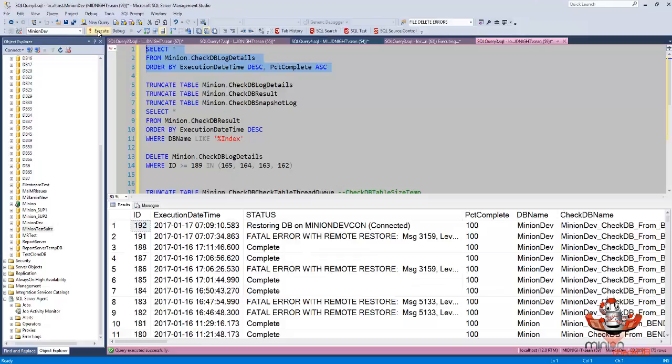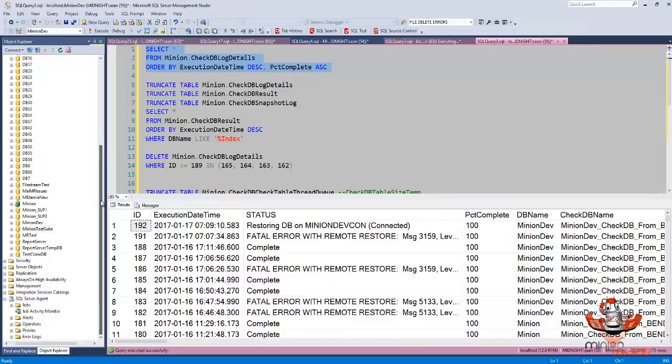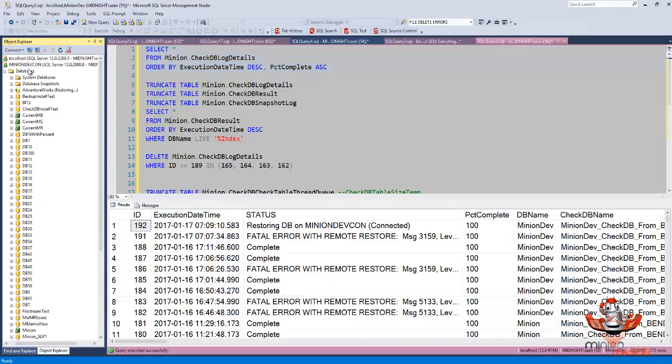100. Now, it's going to stay here at 100 for a couple minutes because it is recovering the database. It's running through recovery, right? So when it says restoring and it's 100, then that means that it is still going through recovery. And here, let's prove that, because now if I